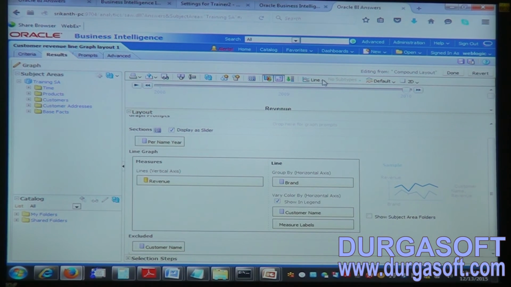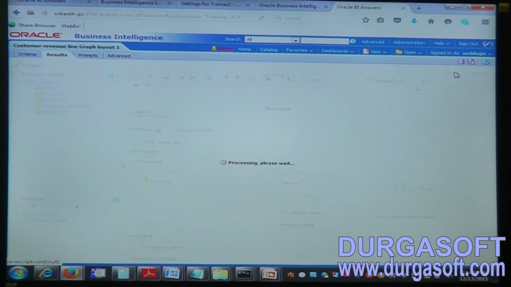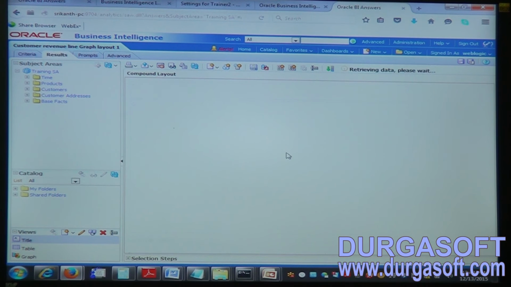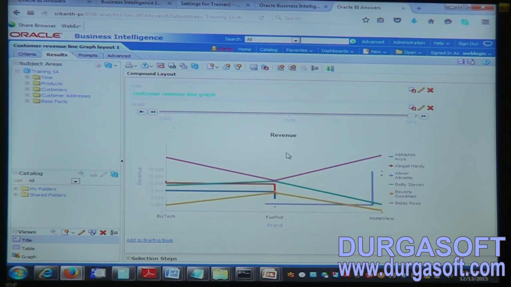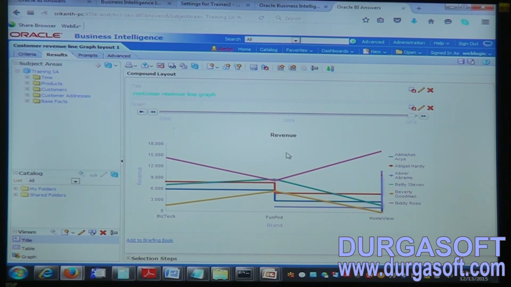In the lines, we can see the default looks like this. We can make it a step line or curved line. Let's see how it looks if changed. This one is the step line graph,